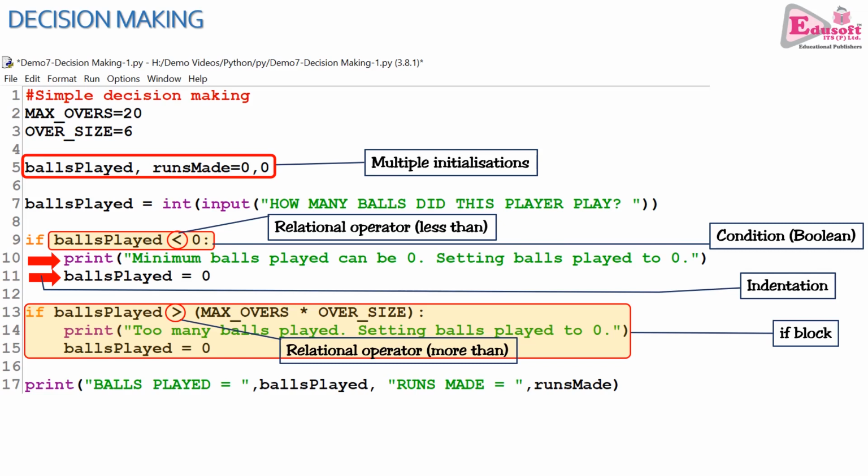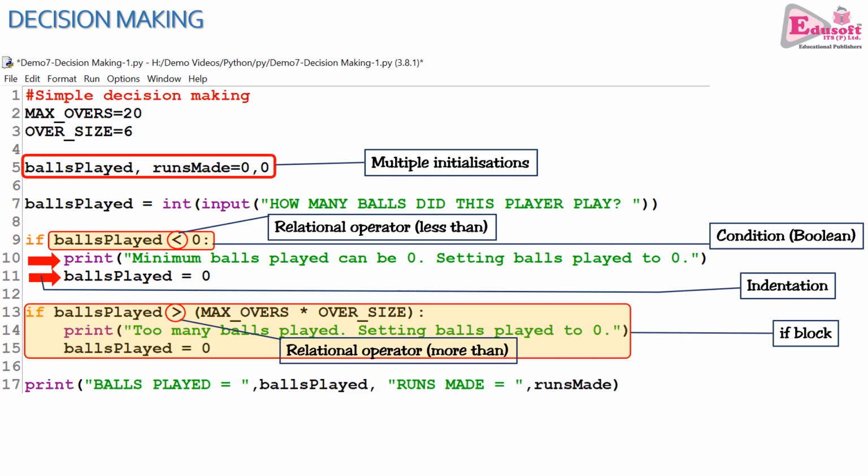So according to line 9, if the user enters any value for balls played which is less than 0, that will obviously be some negative value, then we will do something, which is in lines 10 and 11. And if balls played goes well beyond the possible number of balls, that is, the maximum is 120, so if the value goes beyond 120, we will do something which is mentioned in lines 14 and 15.